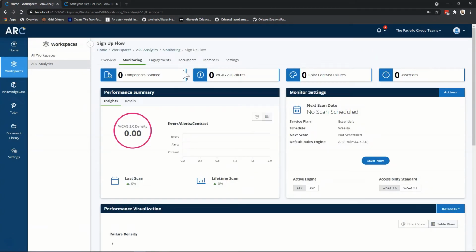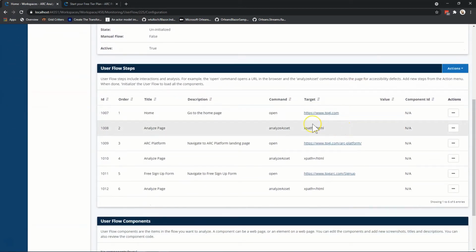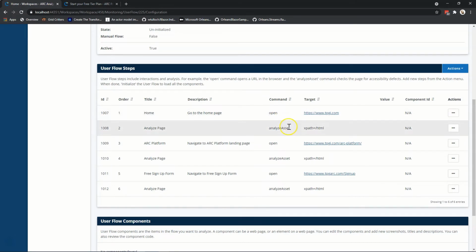We'll then be taken to the dashboard, which won't have any data in it initially. There's one other step that we'll have to take into consideration before we can activate this flow. Go to Configuration, verify that the flow is indeed what you'd like. In our case, we're opening each page and then analyzing the root document,